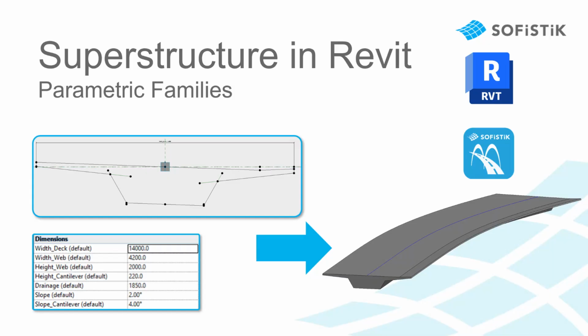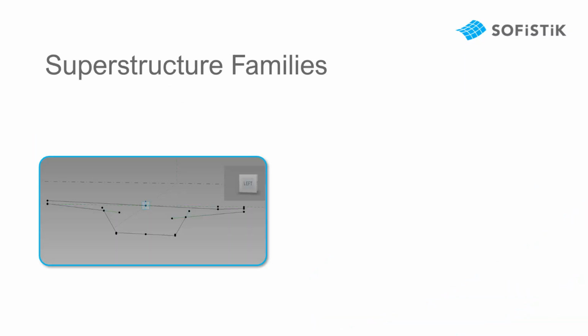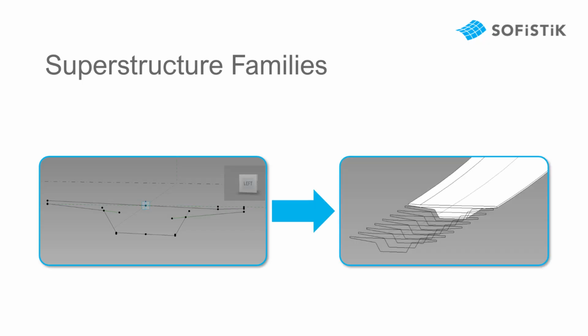In this video, I will show you how to create a parametric superstructure family in Revit to optimize your workflow with the Sophistic Bridge and Infrastructure Modeler. Superstructure families are created in a two-dimensional plane of an adaptive family. They are placed in an interval along the axis alignment to be swept with perfect accuracy. We can use this additionally to parameterize or to vary certain aspects of the superstructure along the axis alignment.